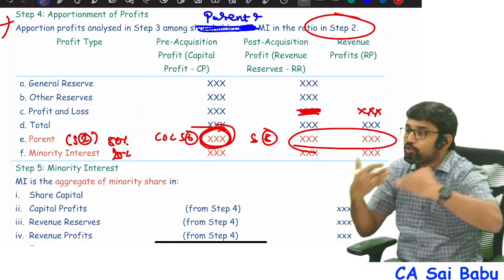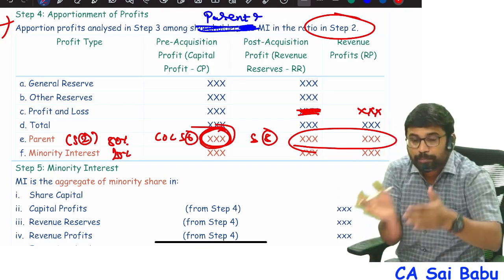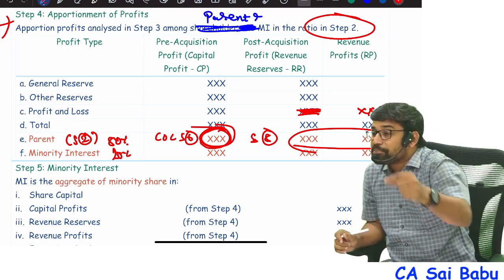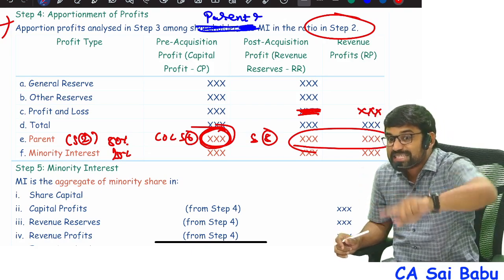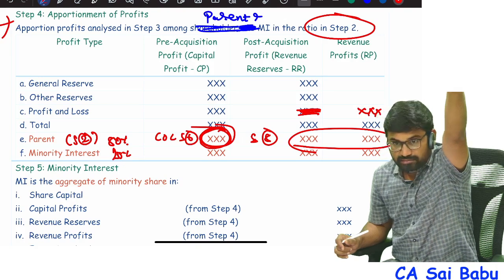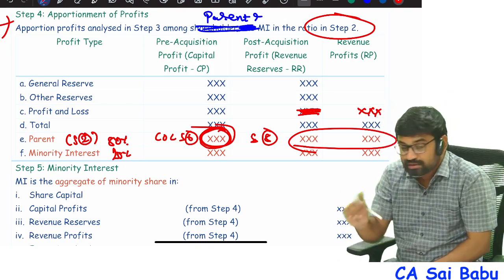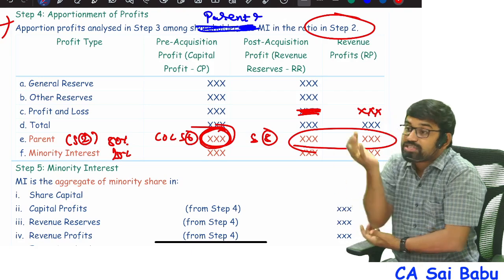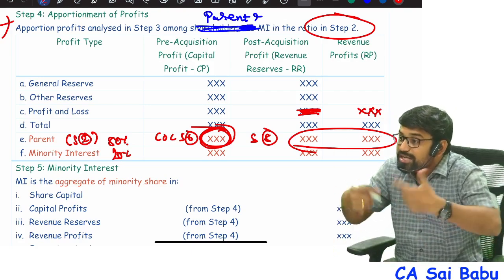Apportion between whom? Shareholders of the subsidiary. Who are the shareholders? Parent and minority interest. Now, the parent company's share in the pre-acquisition profits of the subsidiary is adjusted to the cost of investment. At the date of acquisition, we are finding goodwill or capital reserve. Parent company's share in the post-acquisition profits of the subsidiary will be added to the consolidated reserves in step